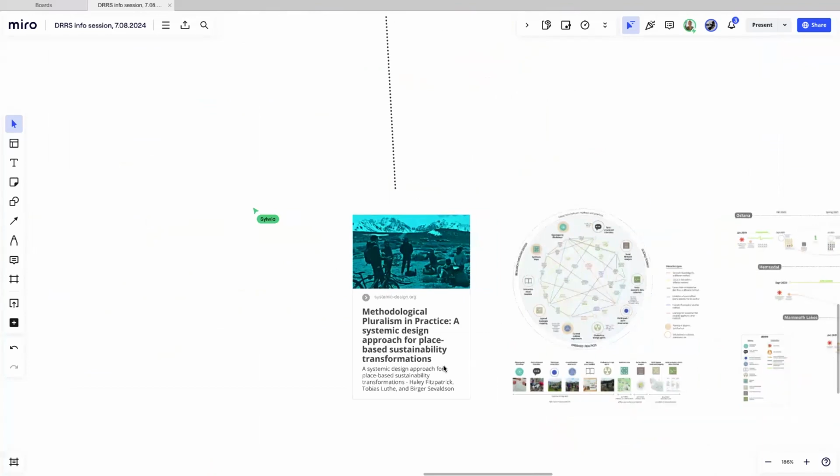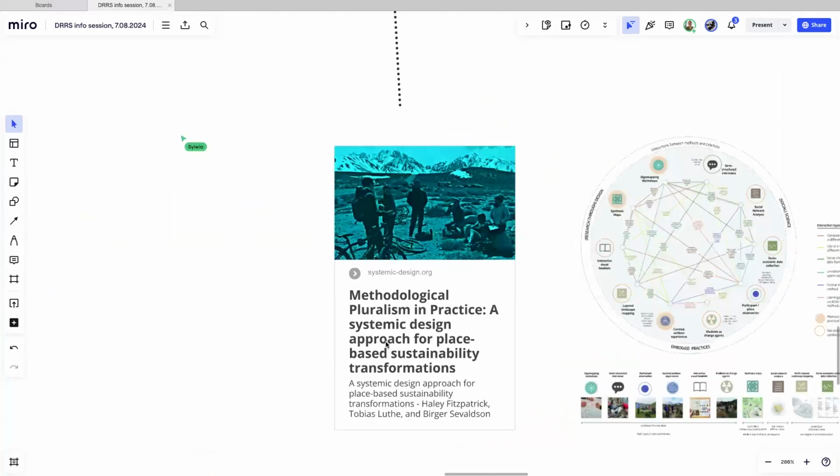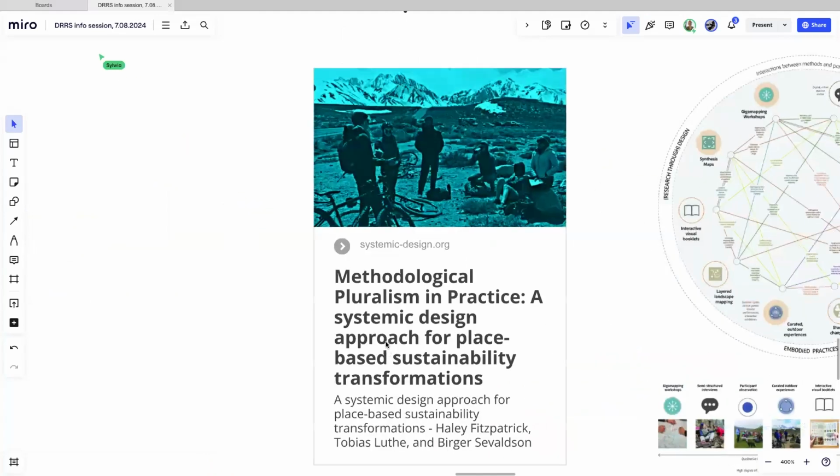So I mentioned Haley Fitzpatrick before, who works with us at the Monvis Institute, but also at AHO Oslo and here at the program. And this paper was just published together with Birger Sigvaldsson and myself. It's part of Haley's PhD process in the Systemic Design Journal Contexts of the Systemic Design Association. It's a young journal, but it's completely in our field. And here we see a systemic cycles didactic in the High Sierra of California, one of 3 places where Haley did her field work or field design work.